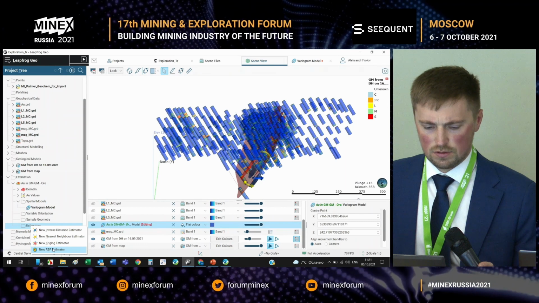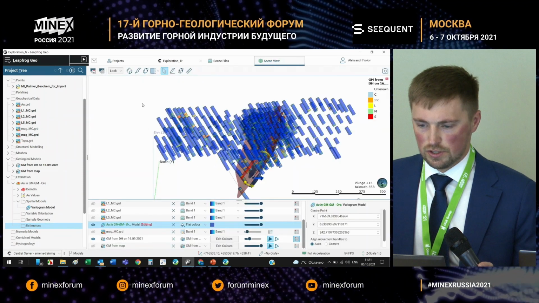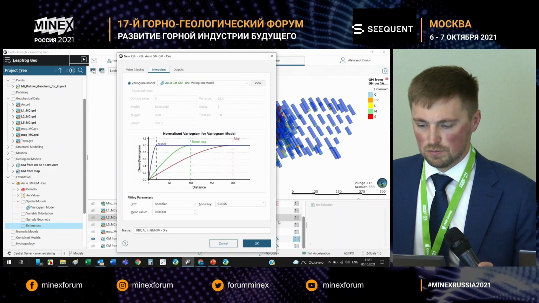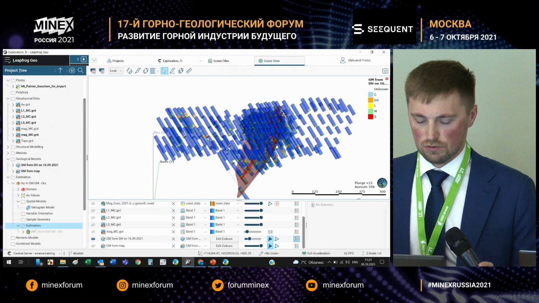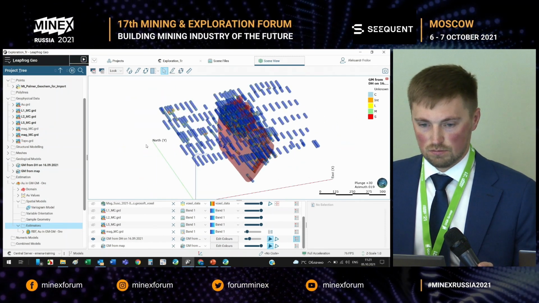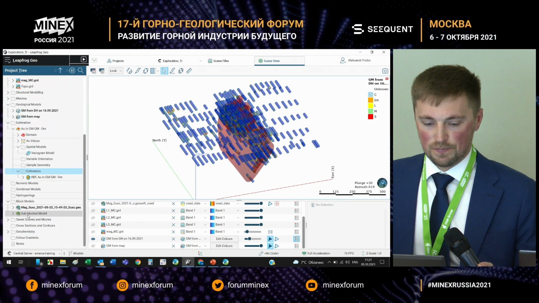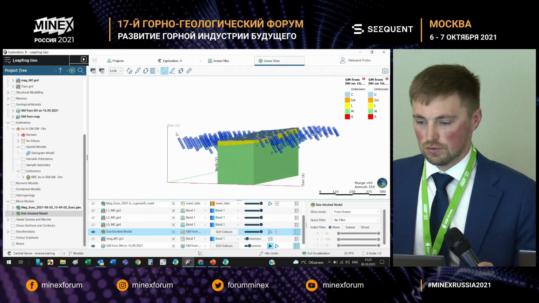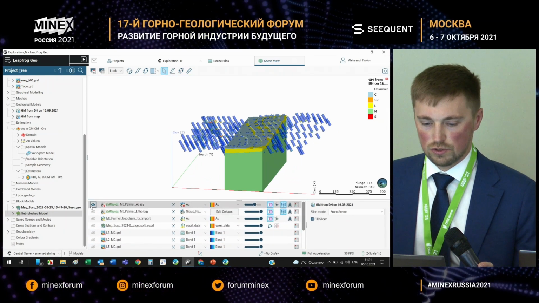Then we create an assessor, the RB assessor. It operates quickly and it will perform calculations very quickly. We set the parameters. It is rather precise, just accurate settings. I made it on default here. After it, we make the block model for this area. You can see it now.